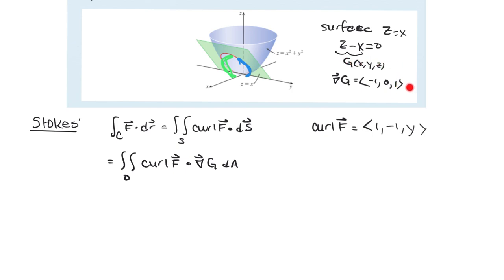This is supposed to be 1 if I've done the shortcut correctly. And these are upward. Do I need upward? This said that this is counterclockwise, which would be positively oriented. So I need positive orientation on the surface. So that's my g. The dot product then of the curl and that gradient, this dot product right here,